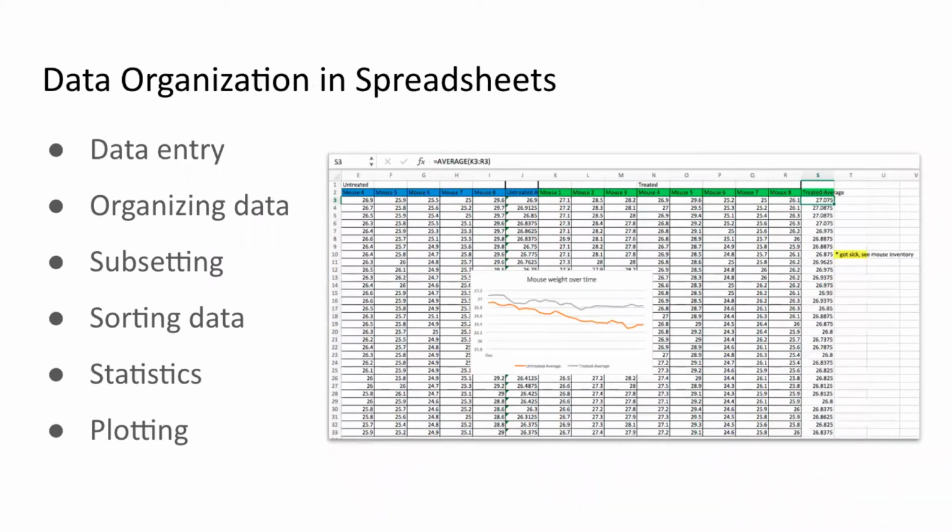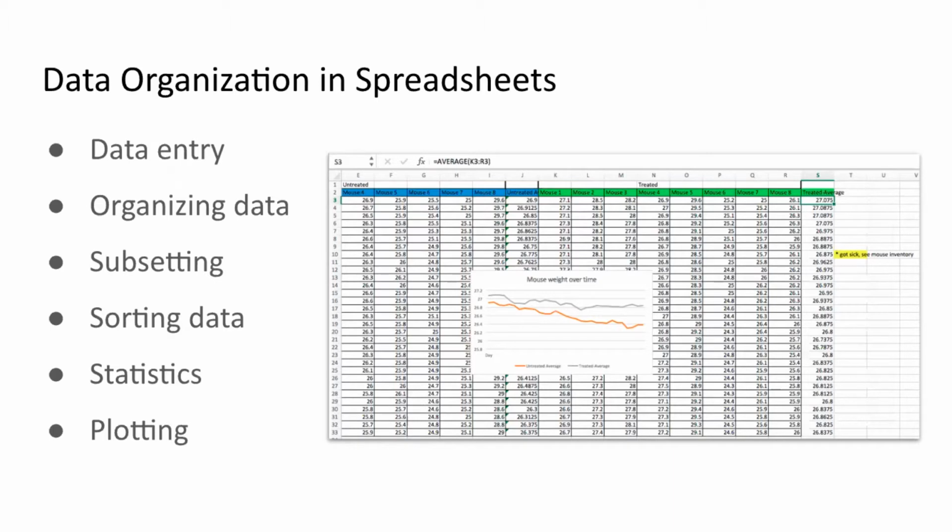So good data organization is the foundation of much of our day-to-day work. Most of us do data entry in spreadsheets. What type of data you collect really depends on your domain or experiment, and there are often guidelines from metadata standards on how you collect that data. And spreadsheet programs are very useful graphical interfaces for designing data tables and handling very basic data quality control functions.